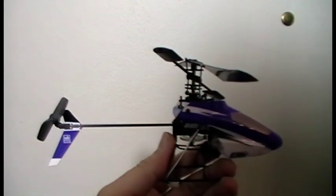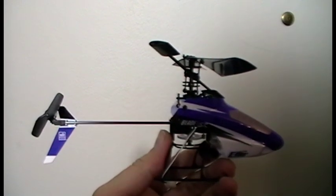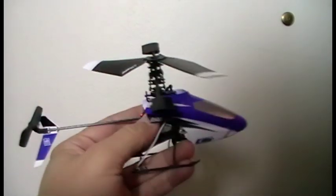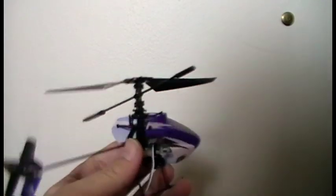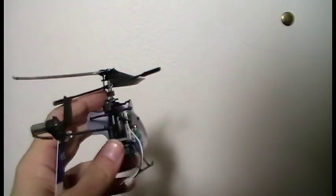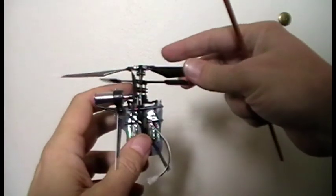Well, guys, I recently got asked to make a video to show how to fly a helicopter, basically the MSR. So for those who are coming from a coaxial helicopter to one of these, there's some big differences in the way that it'll fly. One thing I can tell you is, at the beginning, what you need to do is